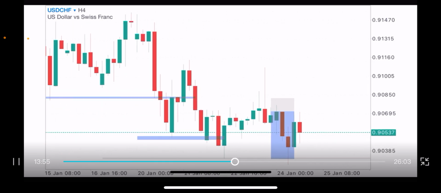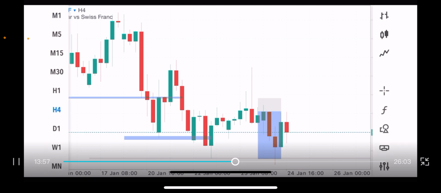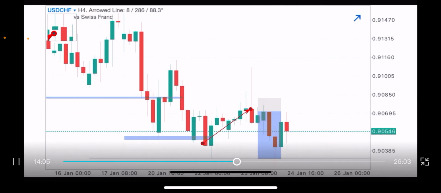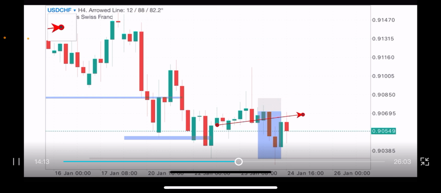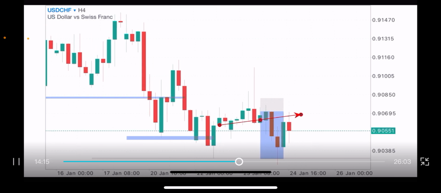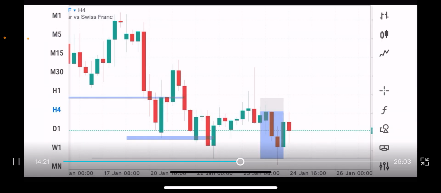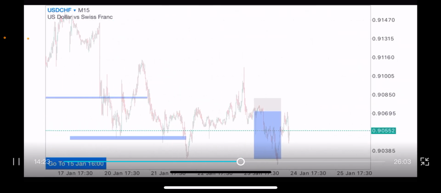Break of structure to the downside. Now when we have a break of structure to the downside, you go to the 15 minutes time frame and wait for the 15 minutes to retrace back up and give you its own change of character to show you that okay, the market wants to start going down, it wants to start reversing. I'm sorry about that. So if we go to the 15 minutes time frame, which is where I took my entry right here, you see that